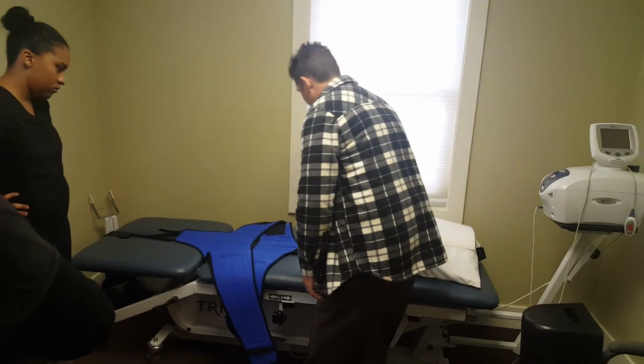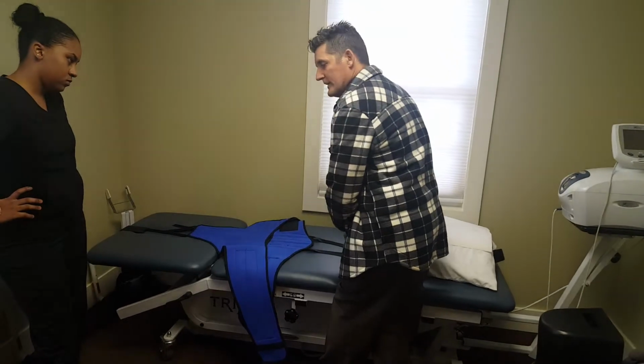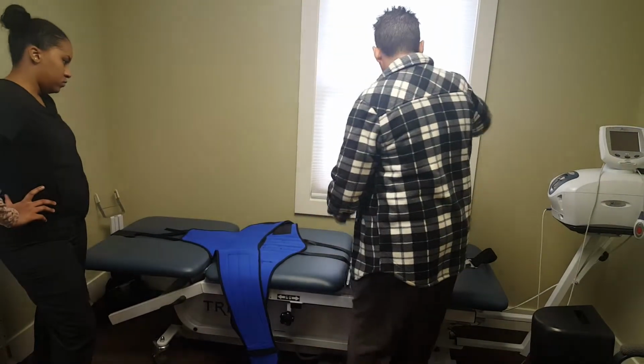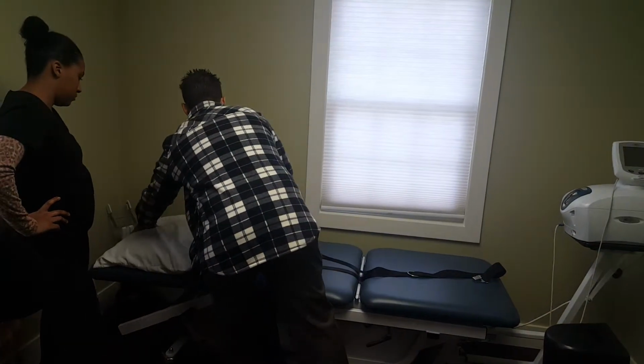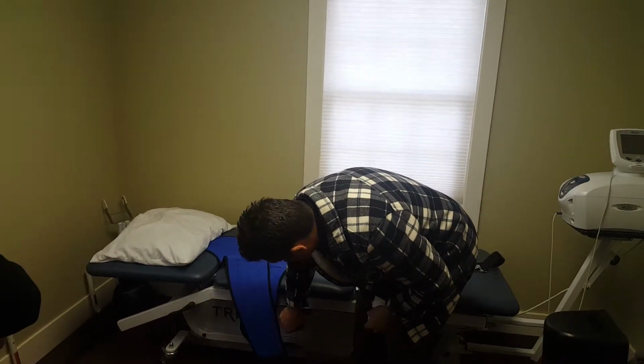Another thing is we want to make sure that this is in the center. If this is over here, it won't pull evenly. We want to make sure that this piece here is in the center. So we go as such. So that pillow comes up here. And what we'll do is, before we also want to make sure that the